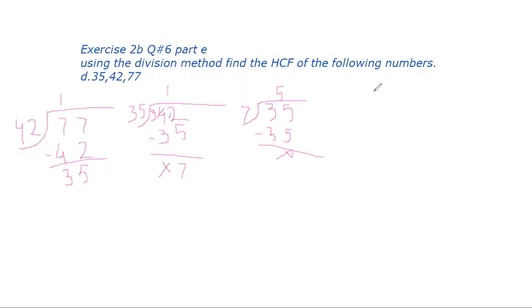Now again we will make a division sign, and we will take our new number, the remaining number, that is 35. See this 35, it will become the dividend, and our last divisor, that was 7, will become the divisor. It divides 35 5 times. 5 times 7 is 35. After subtracting, I have reached 0. That's why our HCF is